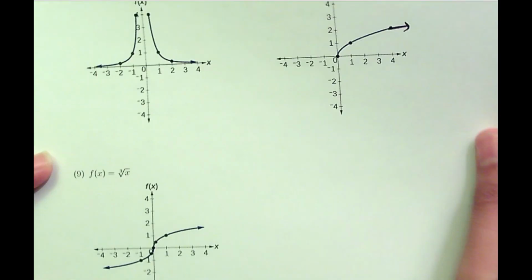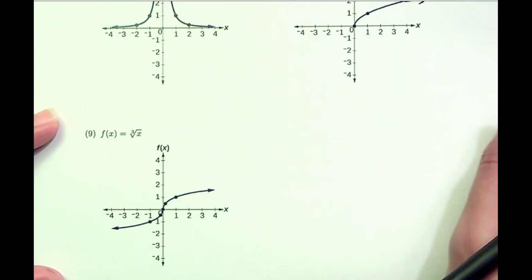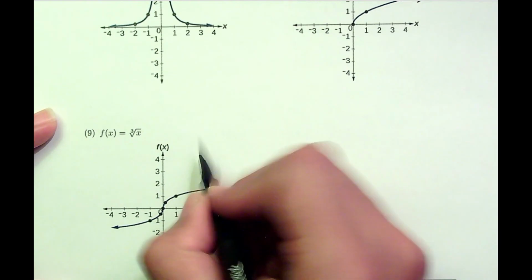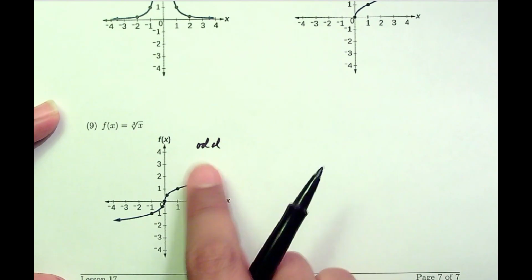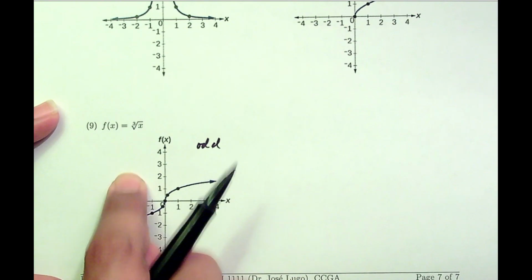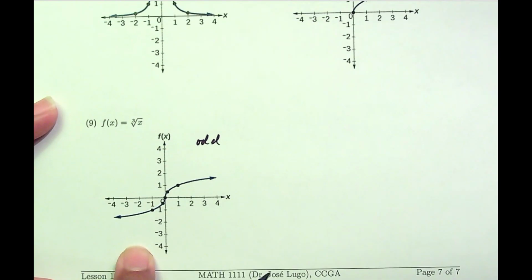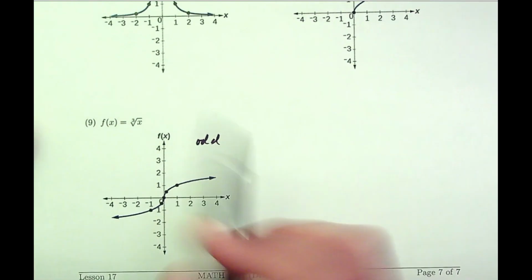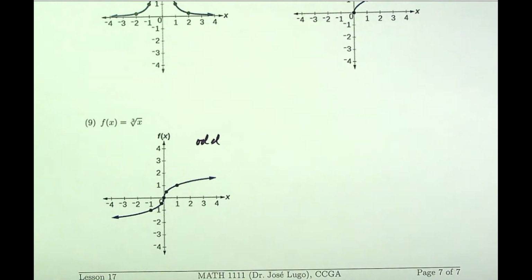And then the cube root one is similar to the cubic, but again, it's on its side, and this is odd. You can see from the graph, this piece is a double reflection of that one. Reflect across the y-axis and then reflect across the x-axis. So that one is odd. So those are the basic ones. The most important of all of them are